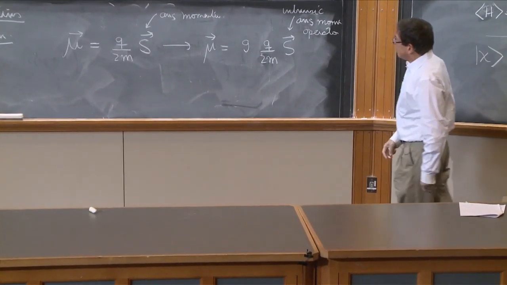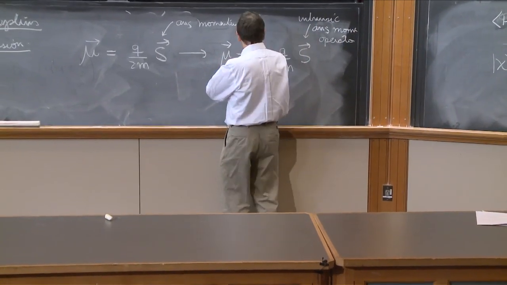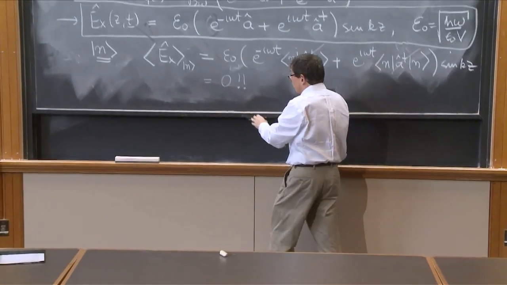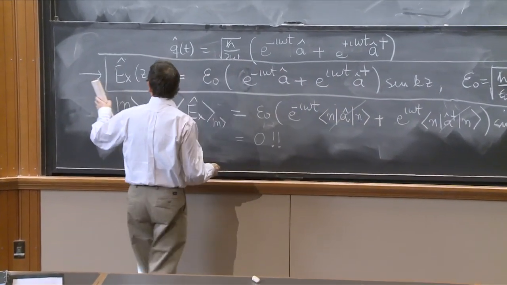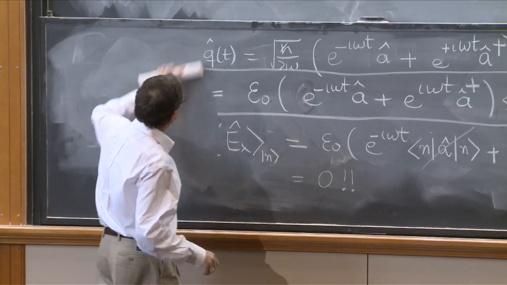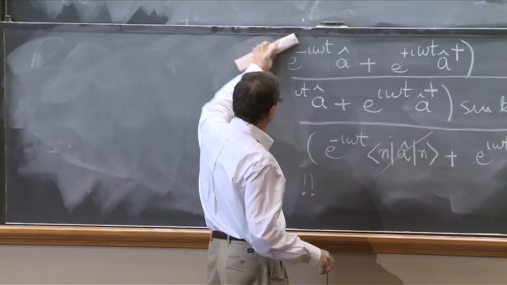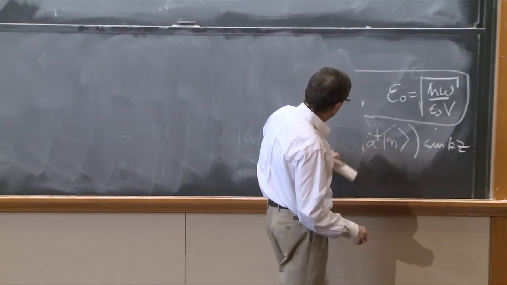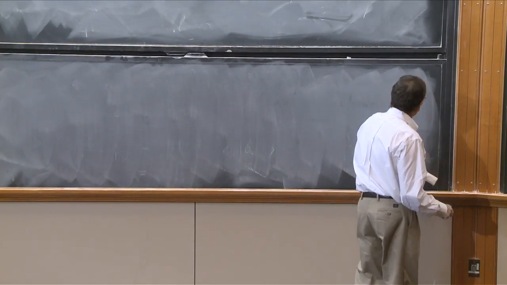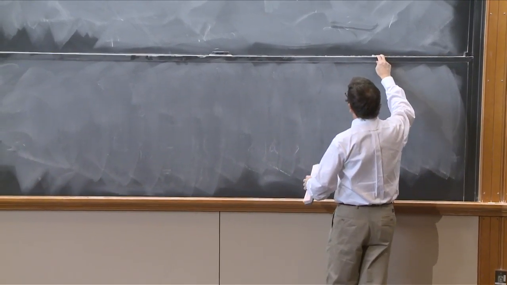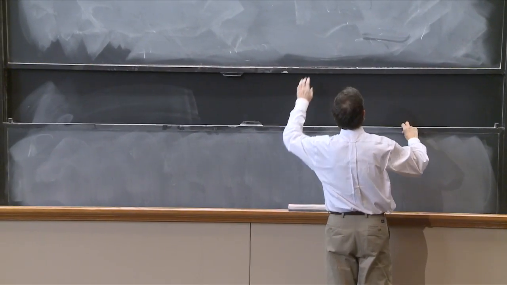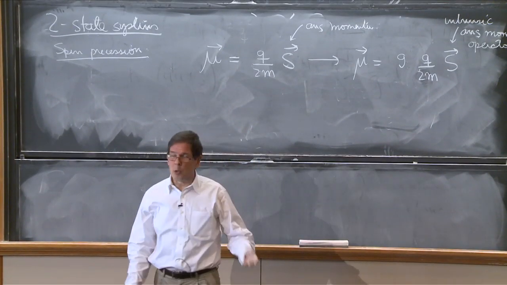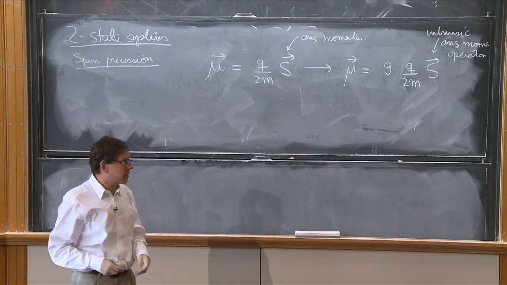And different values of G apply for different particles. And we saw that G equals 2 applies for the electron. That's a famous value, in fact, predicted by Dirac's equation, the relativistic equation for the electron, and observed to great accuracy, of course, as well. And for other particles, like the proton or the neutron, the quantity G has different values.